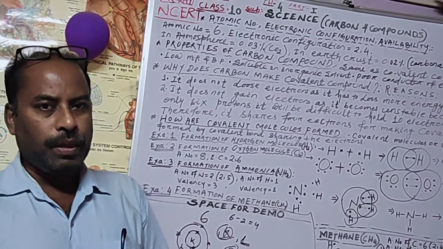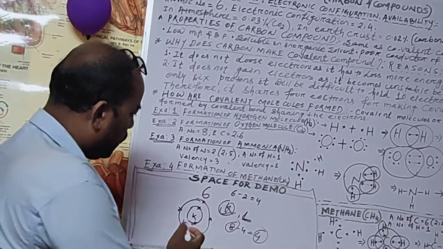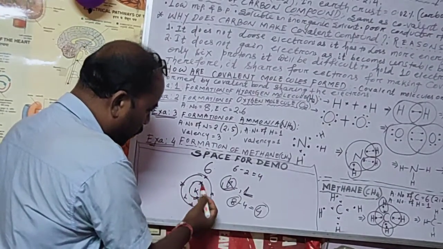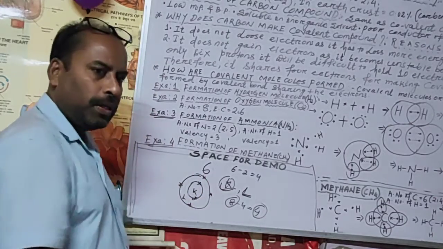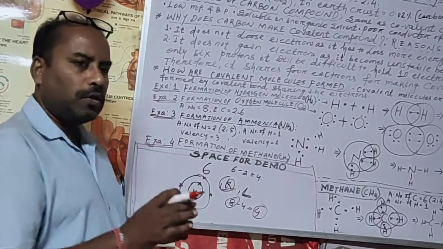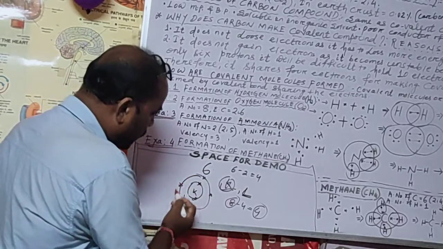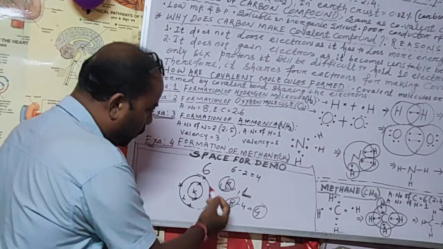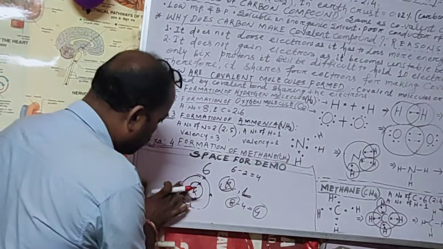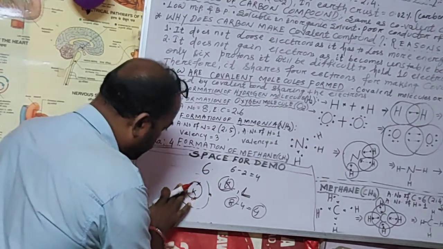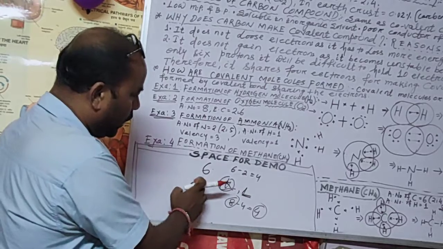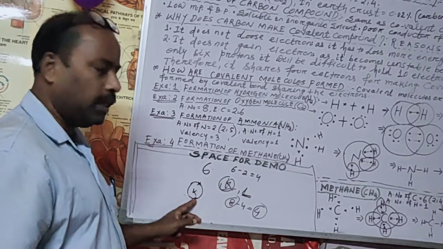Let us discuss. I have told you the electronic configuration of carbon is 2, 4. So the first orbit has 2, then the last orbit has 4. Here it is called tetravalency, so its valence is 4. To make 8 electrons in the outermost orbit, it needs to lose 4 electrons. If it loses the 4 electrons from the outermost orbit, then only one orbit will be left, the K orbit,